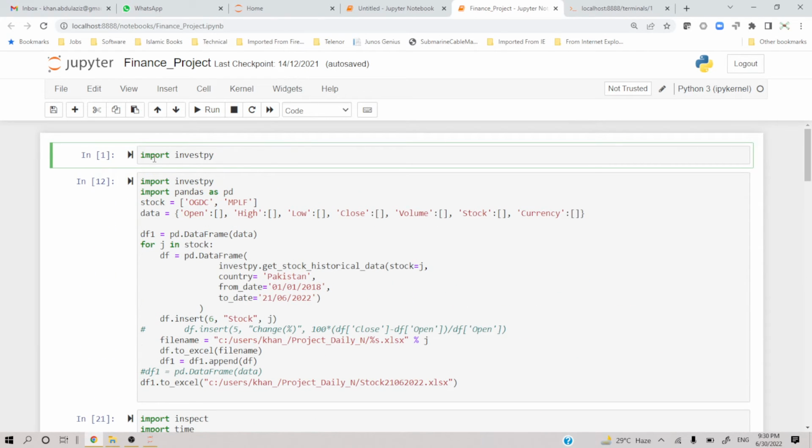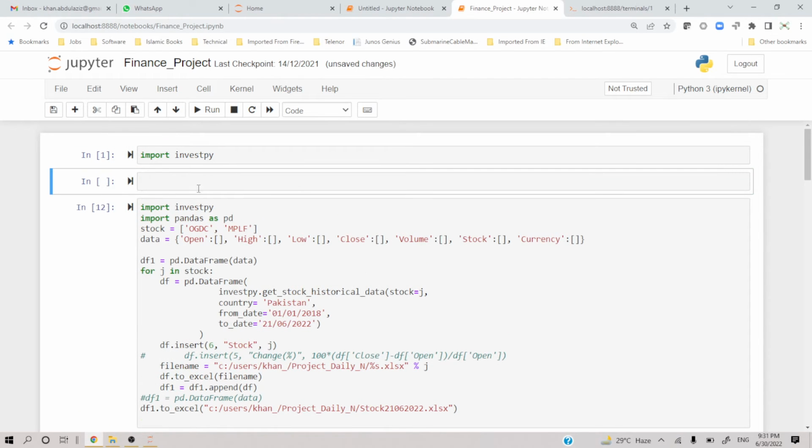Here you can see that this cell has only a single line, this cell has multiple lines of code. Here I have not provided any big information, otherwise generally these cells are used to tell what should be going on. For example, I can say here that this program will fetch data